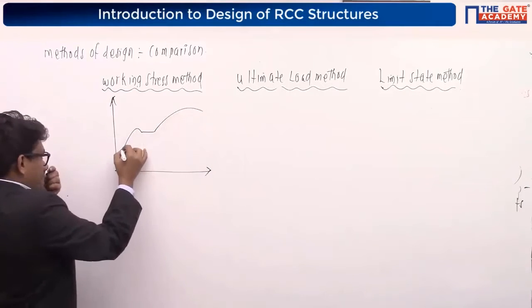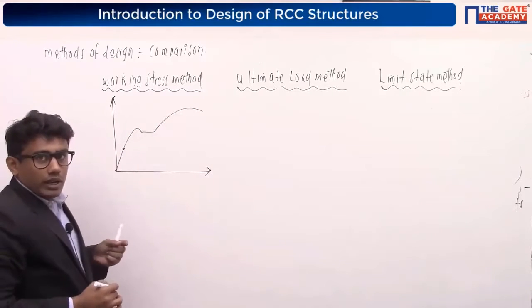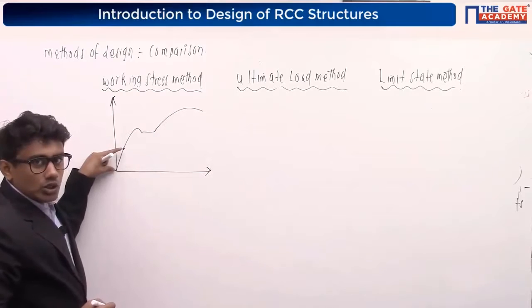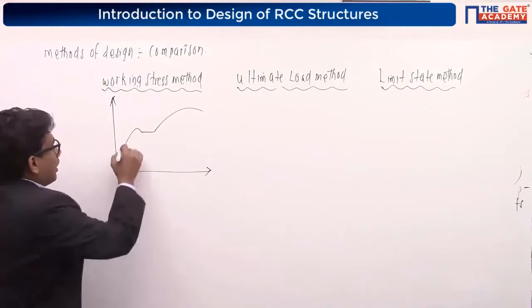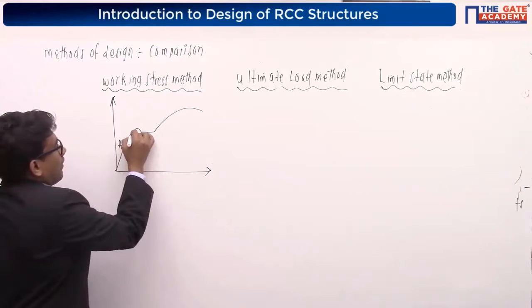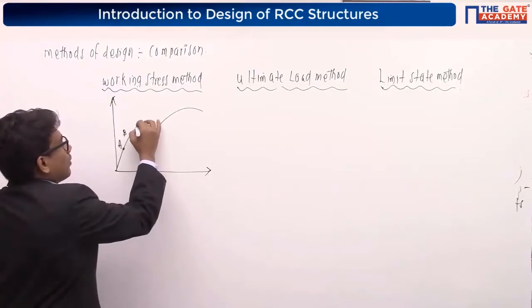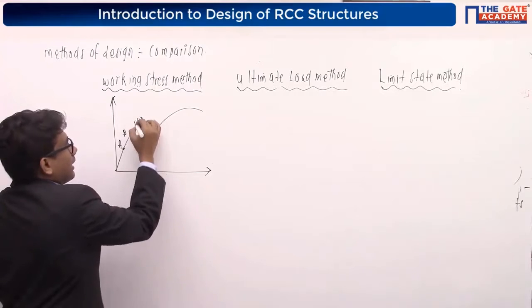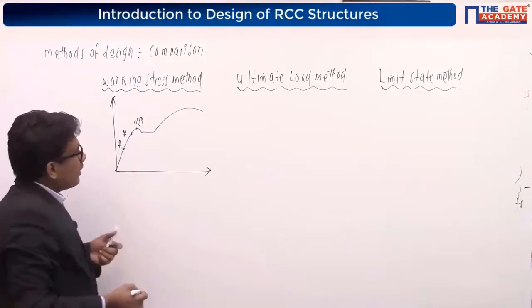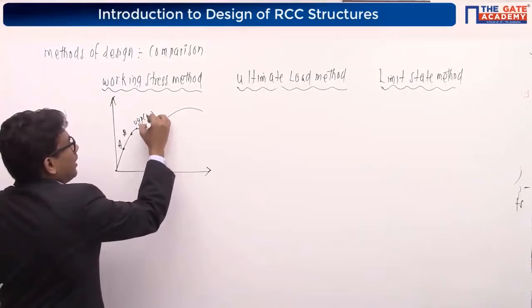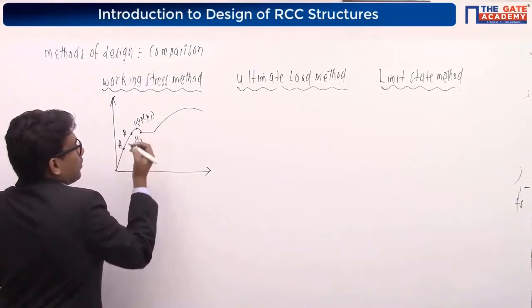You know what is this point? The point up to which the stress is proportional to strain is called, yes, proportionality limit. We have our elastic limit, I am going to consider it as B, and we will have an upper yield point. That I am going to consider as UYP, or we can consider it as Y1, and we will be having one lower yield point.